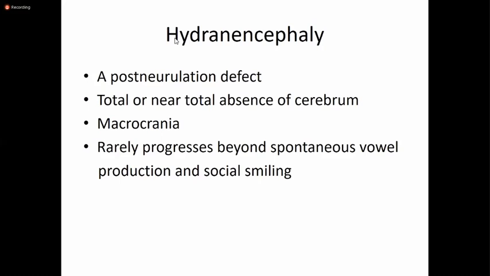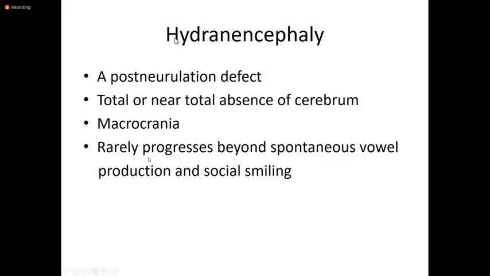This is a post-neurulation defect. There will be total or near total absence of the cerebrum, whereas in other hydrocephalus, the cerebral cortex can be appreciated. In hydranencephaly, there will be macrocrania, a huge head, mega head, and